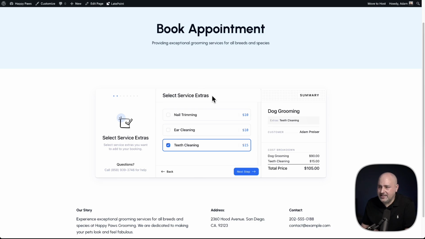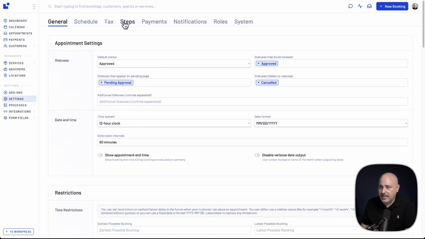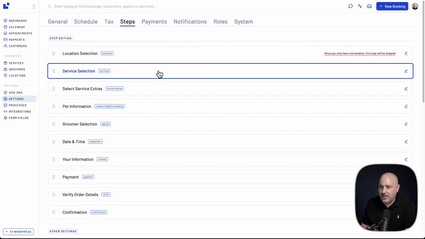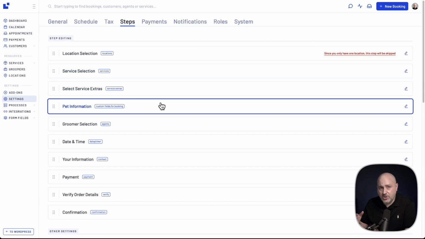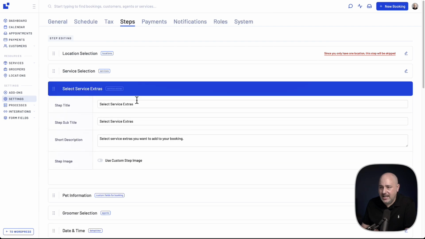But you might not like this bit of text that appears here that says select extra service extras, and this text that appears here. This as well is very easy to change. You simply go into the settings, and then you click right here where it says steps, and these are each of those steps that a person would go through in the booking form, and here it is, service extras. I'll click on it, and I can customize all these bits of text very easily, so I'm going to go ahead and customize them. Okay, with that all customized, I'll click on Save Step, and now let's start over from